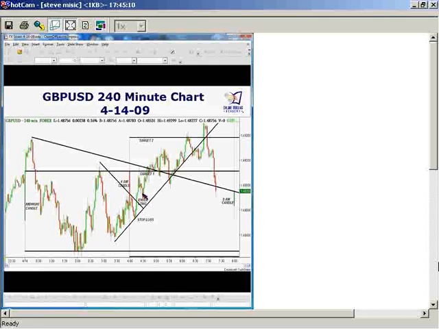Notice how from my long entry here with my original stop loss, we actually eventually broke through target 1, went a little higher, came back down and almost found some support on the trend line. Now, if you didn't exit the entire position, I only entered with 1 contract, but if you would have entered with multiple contracts, you could have exited at the break of the trend line here, and you'll get another opportunity